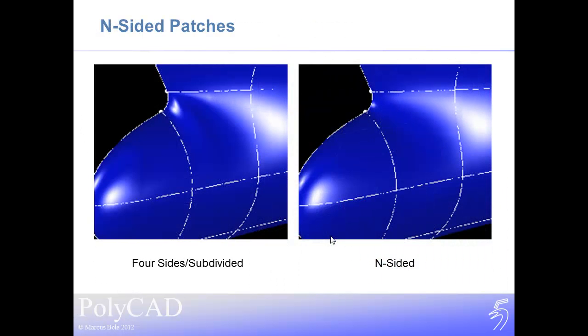Ultimately, what we would like to use in this situation is an n-sided surface that's entirely suited for the task, and that's what we see here on the right. That produces a much better shading than the subdivided method that we see on the left. However, there aren't any n-sided surfaces that can be accurately written to our IGES or STEP file in the form